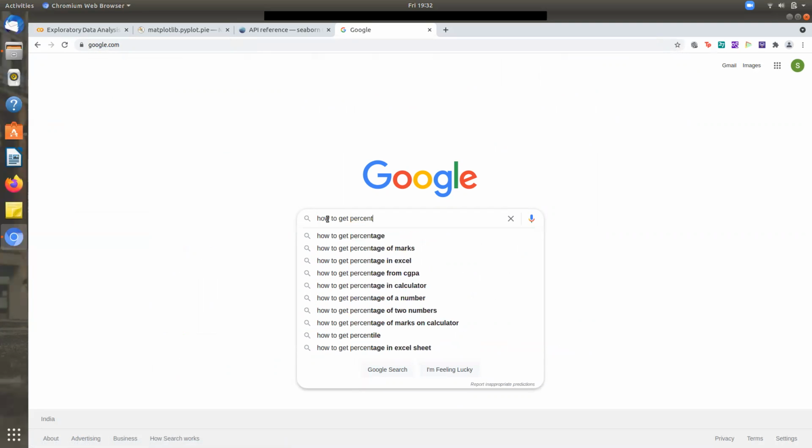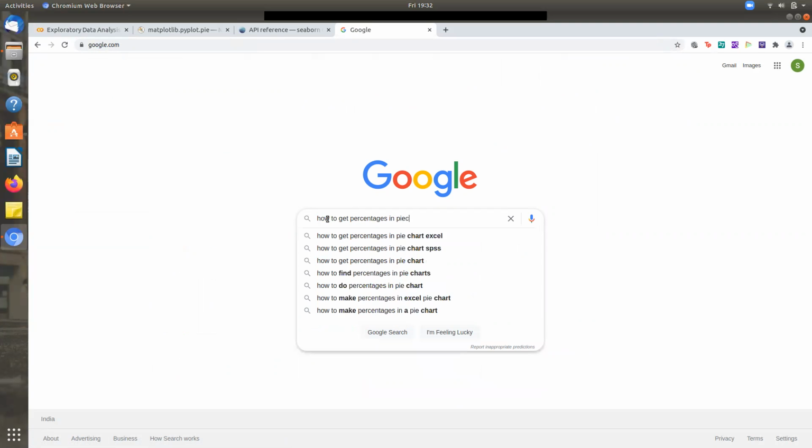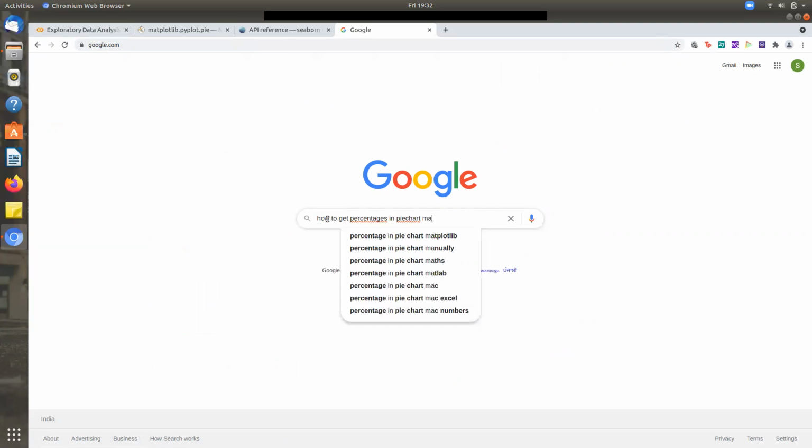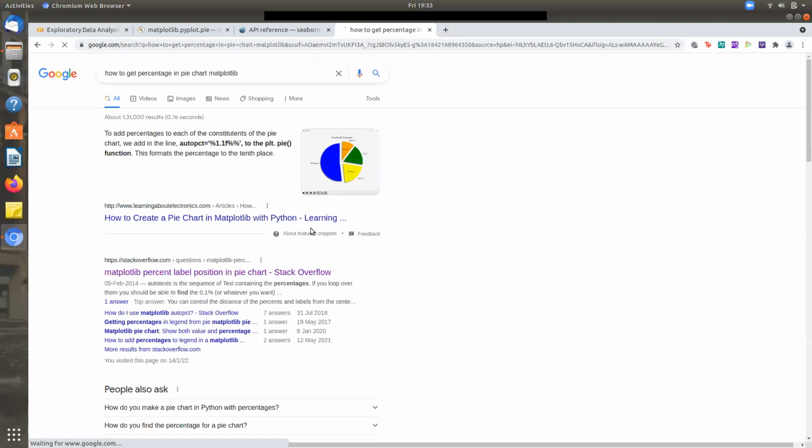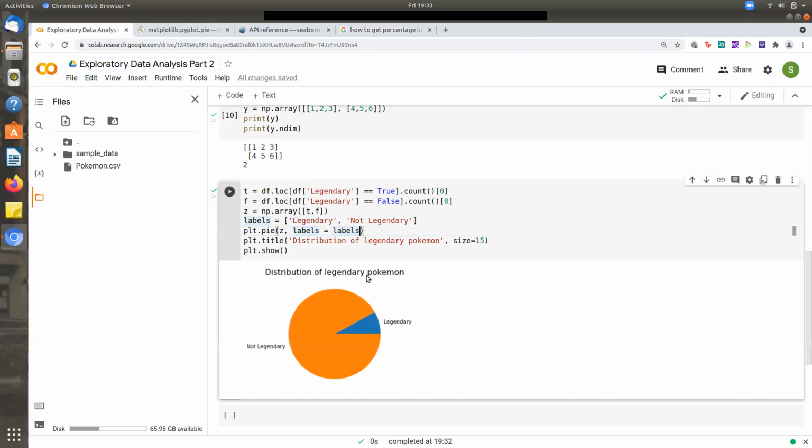how to get percentages in pie chart Matplotlib, right? So you can just search for it. Okay, so there's something like auto percentage, something. Let's try this. Let's try luck. And then,